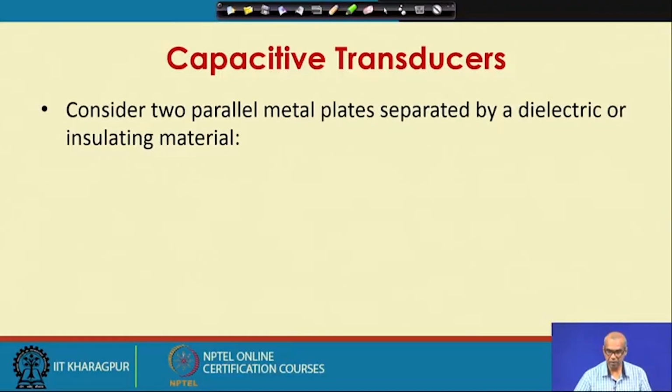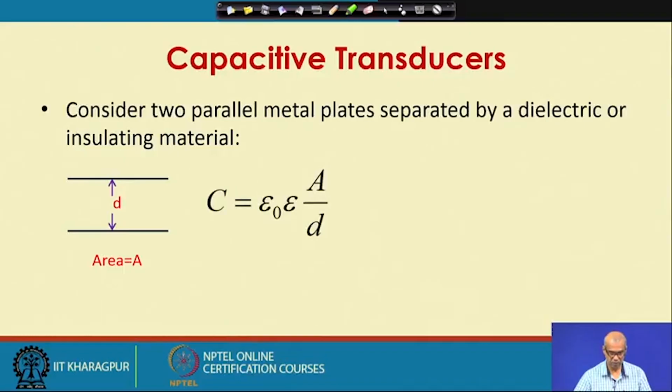Consider two parallel metal plates separated by a dielectric or insulating material. So, there are two metal plates, they are separated by a distance d, this area equal to A, and they are separated by a dielectric or insulating material. So, a dielectric or insulating material is in between these two plates. The capacitance under such circumstances, you know, can be expressed as the equations shown,